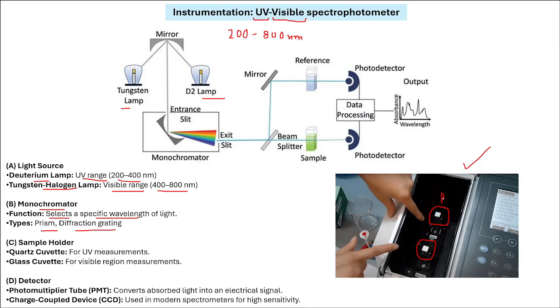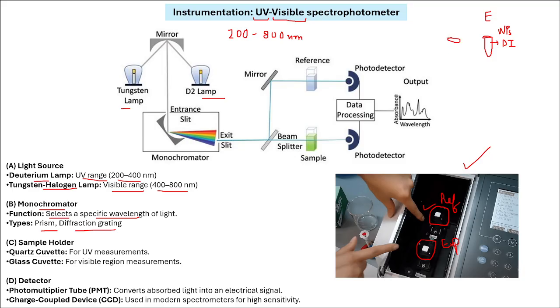Now, this is the reference. At this position, you put the reference cuvette, and this is your experimental sample. Whatever readings, whatever absorption or spectra that you record, will be in reference to this one. Suppose you have your nanoparticles suspended in DI water. So this is your experimental sample.